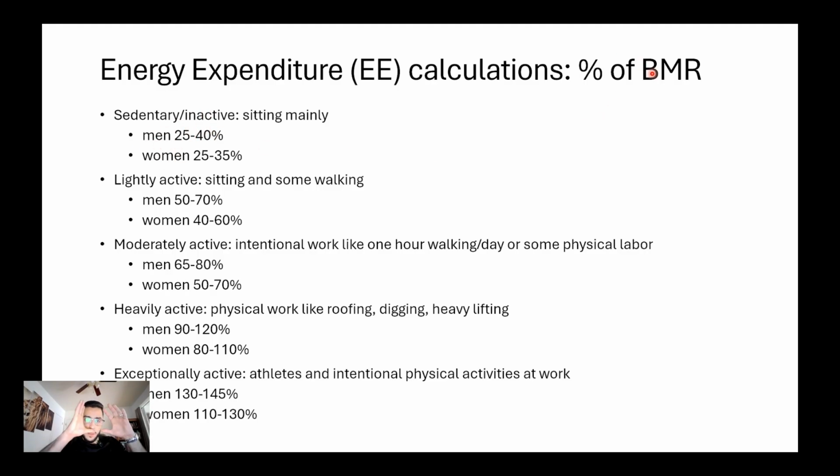So you calculate the BMR. Now you need to calculate the physical activity level, and you can do that as a fraction of the BMR. And these are the proportions. So if you're a man mainly sitting, you'll probably be spending 25 to 40% of your